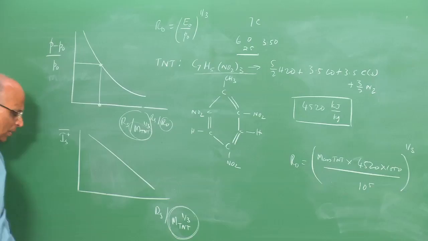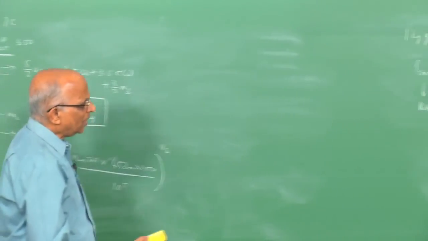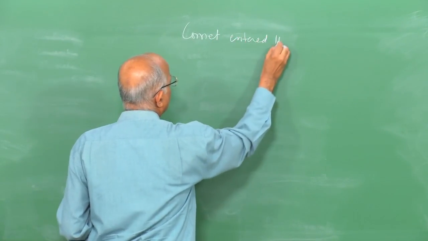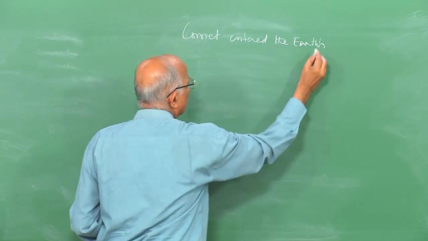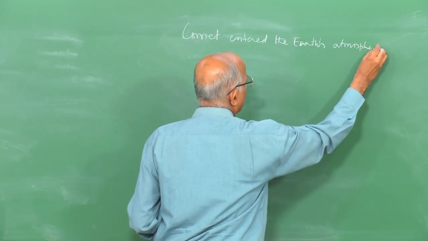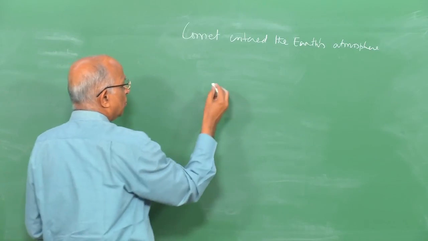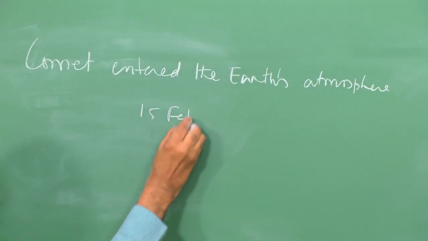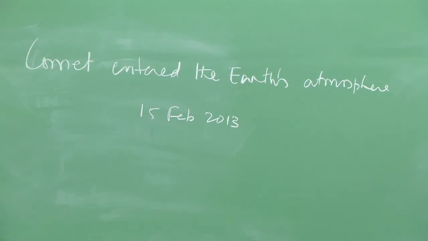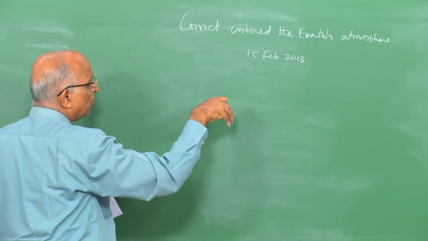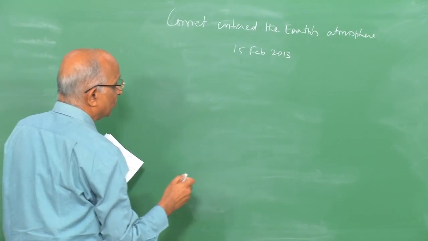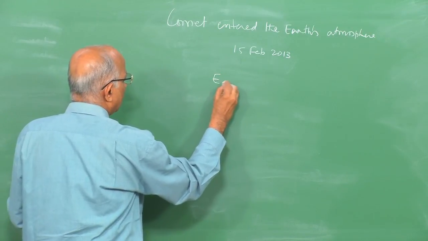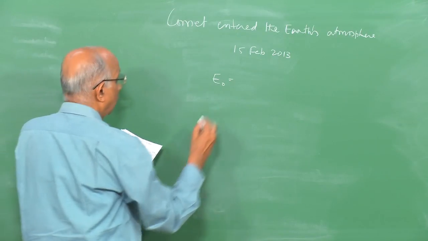Therefore, let's do one example to be able to precisely find this out. Let's take the example of the comet which entered the Earth's atmosphere at Ekaterinburg, just close to the city of Chelyabinsk. This happened on 15th February 2013, last year. When the comet enters the Earth's atmosphere at very high speeds, a lot of energy gets generated because the kinetic energy of the comet is stopped, and the energy released in this particular re-entry was estimated to be something like 23,000